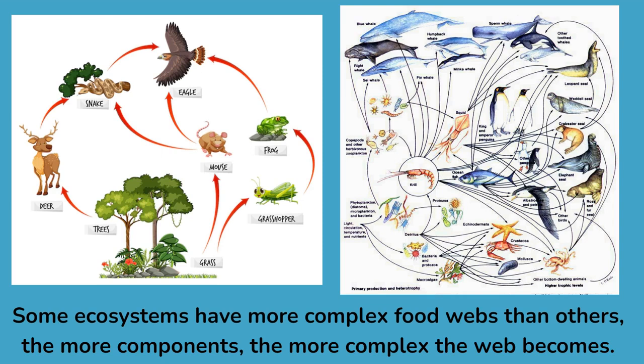So some ecosystems have more complex food webs than others, because some ecosystems have more components than others. So the more components, the more complex the food web gets. And most food webs don't have every single component that is in that ecosystem. Generally, it's focusing on a few big components. But we can see here, oceanic food webs are always really complex because it is such a diverse area and there's so many different levels of life that it gets a lot of lines, a really complicated web, where some others, like this one on the left, is a little bit more simplified, focusing on a few key